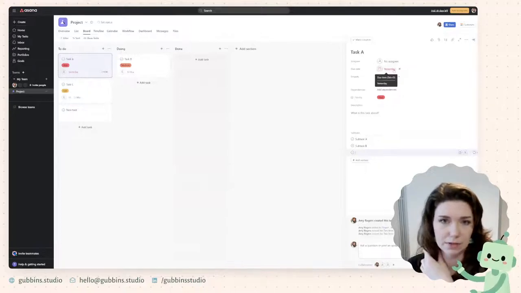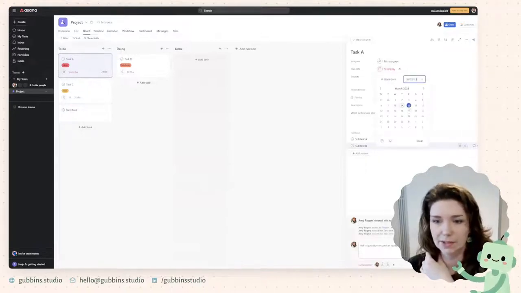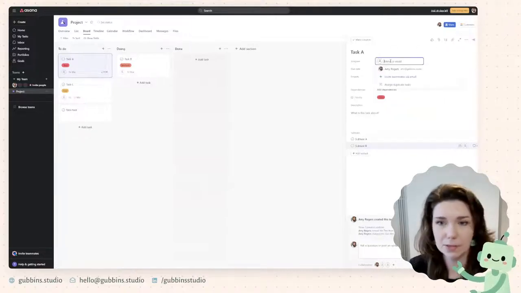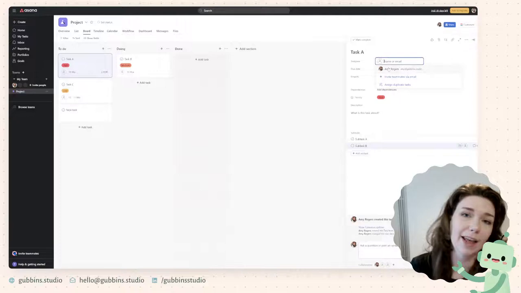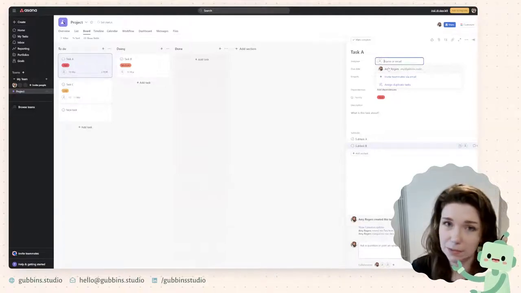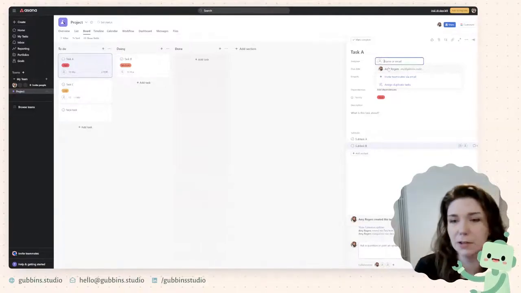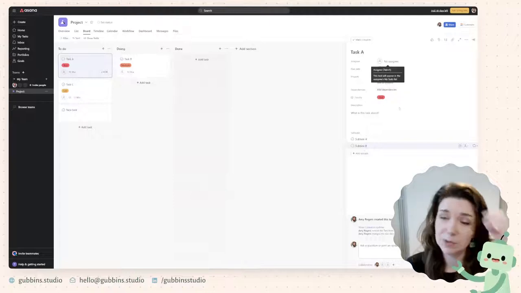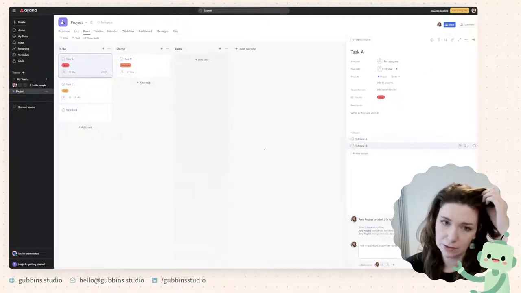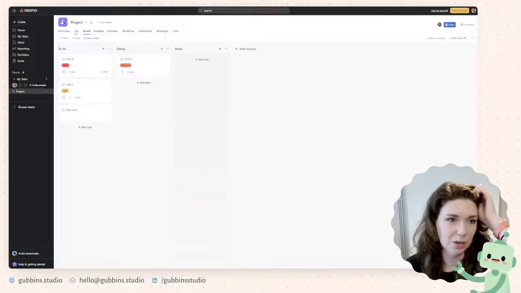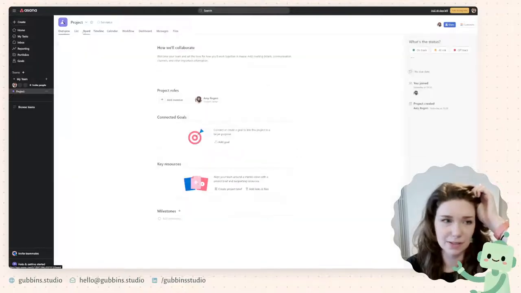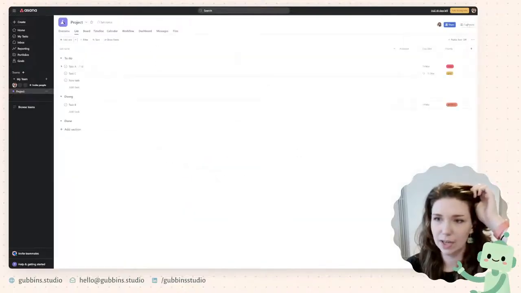There are due dates. So again, if you wanted to set deadlines for things, let's do it tomorrow, you can assign them to particular people. This is, again, helpful if you're working with other people, but if it's just you, maybe not something you're too interested in. Being able to add custom fields to this. All right, this is going to be a test. See if I can remember how to do this. Because you can. Here you go.